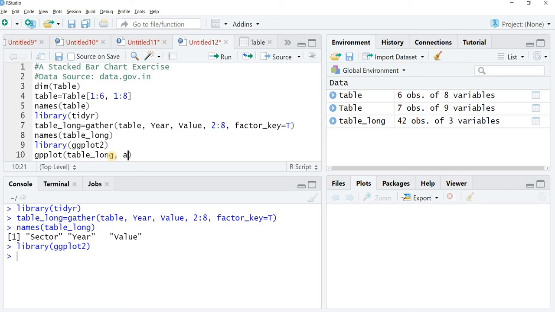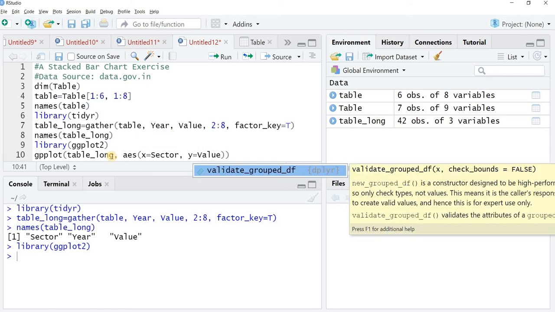Now in my aesthetics, I do my mapping on the x-axis. Let us say I wish to take the sector. On the y-axis, let us say I wish to take the values.